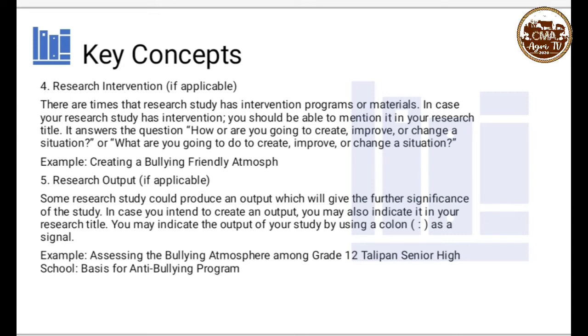At ito nga yung anti-bullying program. You might have create a manuscript out of this. So, meron kang output. Yung iba naman, halimbawa, if the research is about science or it's about technology, meron silang output na gagawin. Kaya sila nagre-research. Like, for example, they want to come up with, let's say in technology, they want to come up with a robot. Nag-research sila kung paano sila gagawa ng robot at kung paano ang magiging function or purpose ng kanilang research. So, ang output nila is yung robot na nagpa-function according to the research. According dun sa research na ginawa nila.